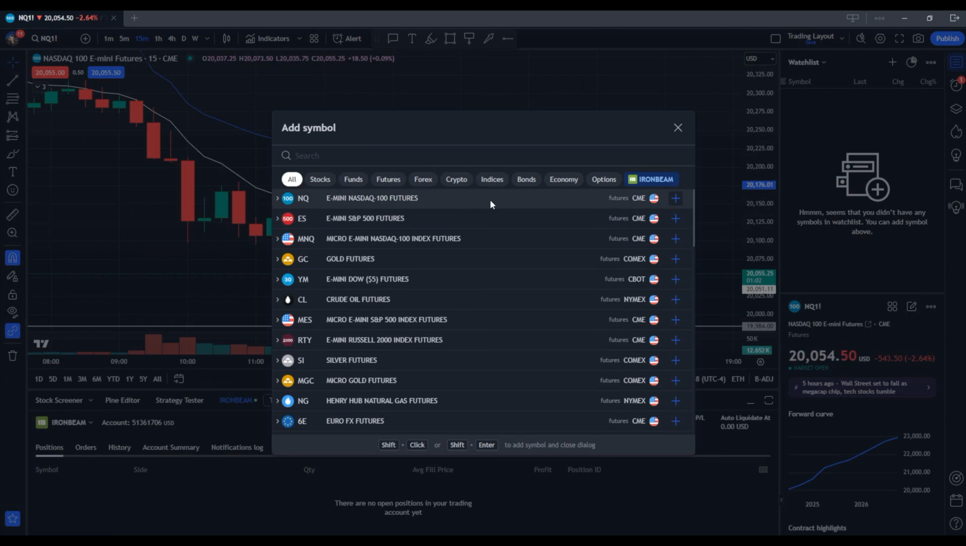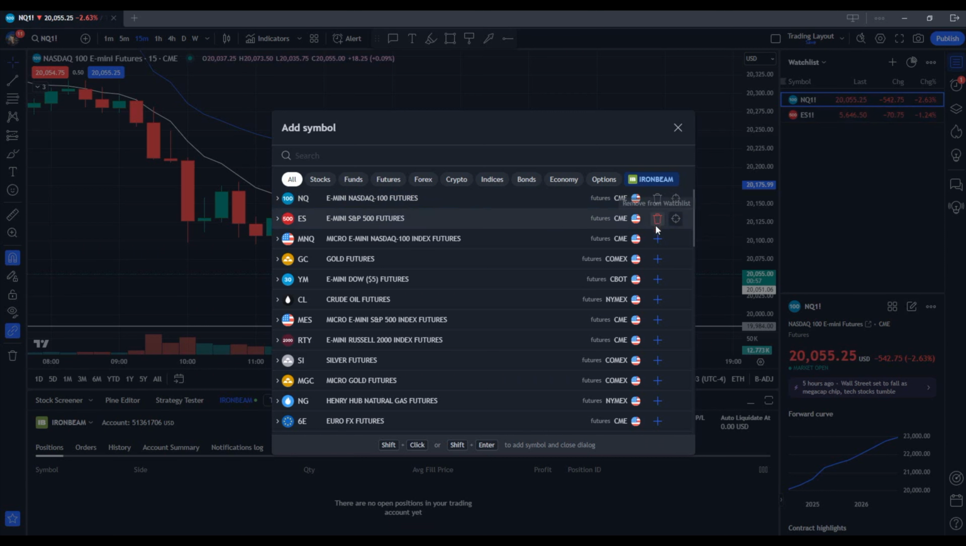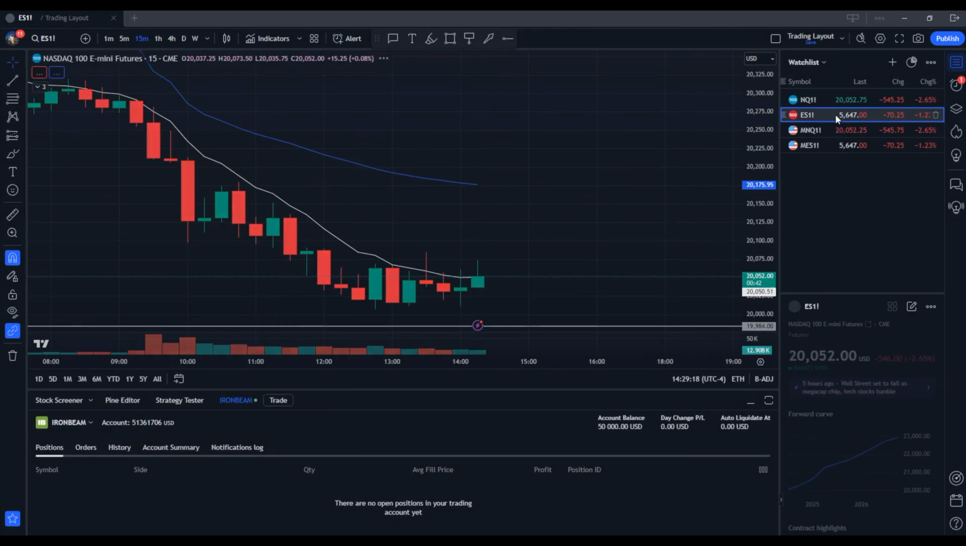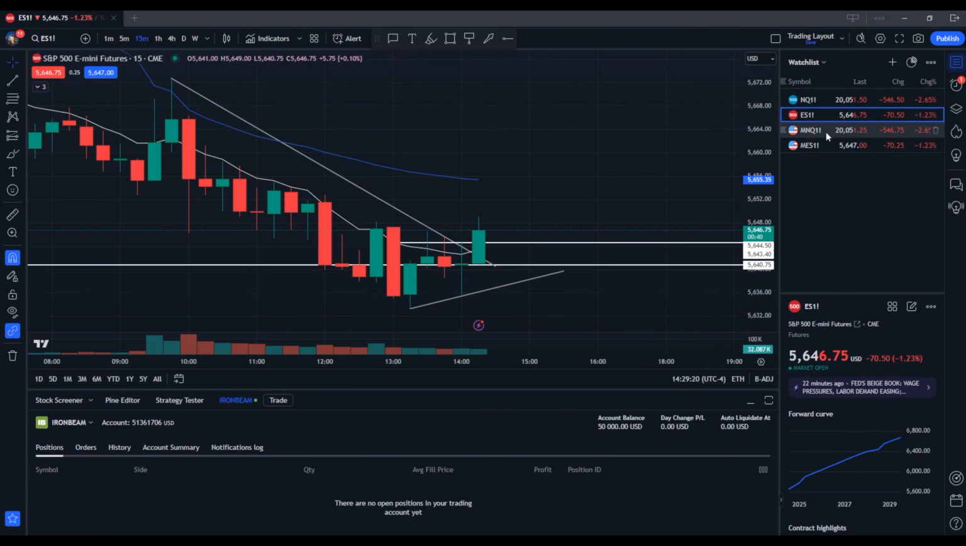In this case, perhaps if you're trading futures, you want to add NQ, let's say ES, Mini NQ, and Mini ES. You can now click between these tickers to simply switch the chart that you're looking at or the ticker that